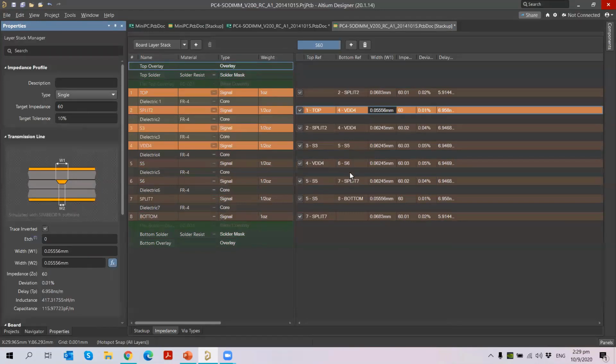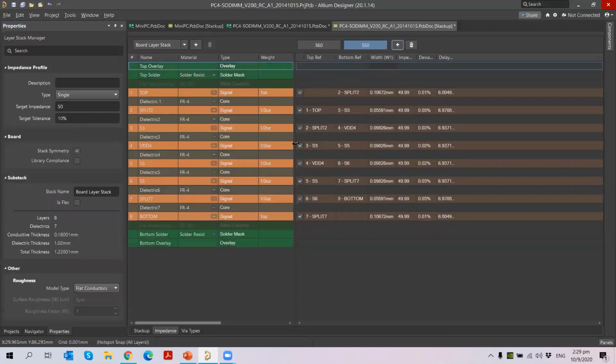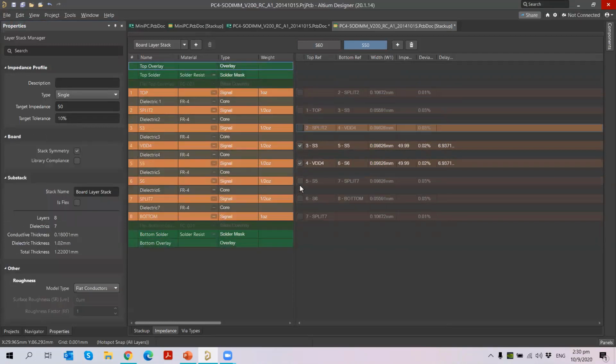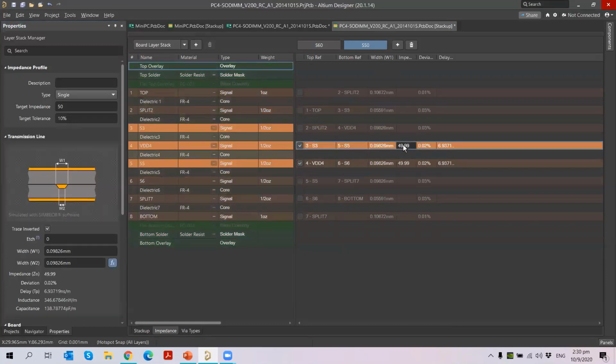So if I want to add one more impedance profile, I will just click one more, and then you can create the impedance profile only for certain layers. So for example, I just want an impedance profile only between layers 3 and 4. Okay, I just want to create it here, and then I click on this impedance profile. I want to change it to be 90 ohms. Okay, I set the target impedance to 90 ohms, and then I can also choose here what type of profile I want to use, whether it's single, differential, for a differential pair, or coplanar.